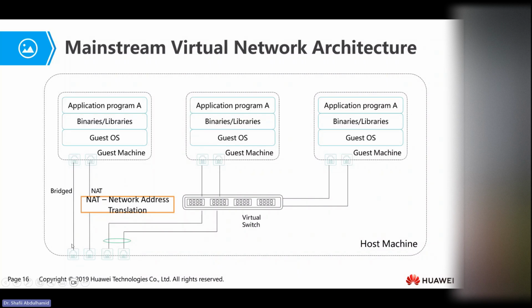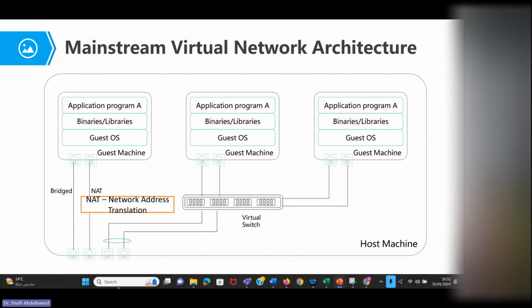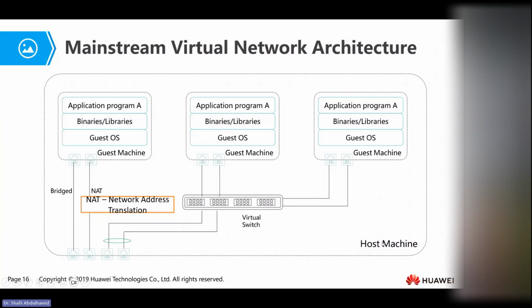Since this communication is now going out of the physical host that we have, some form of translation of the addresses is needed. That's when we need the NAT. The NAT is network address translation. It translates the addresses that help to identify the position or the destination of traffic.